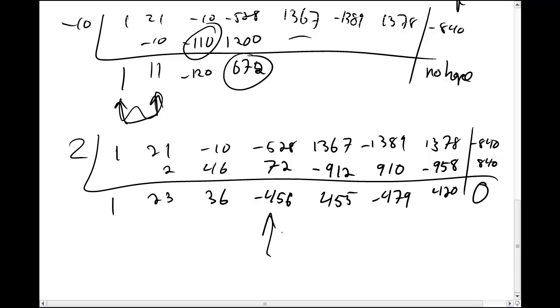I kept on going, even though as soon as I got this negative, I was a little bit worried because it wasn't going to be an upper bound. But I kept on going because I noticed that my signs were kind of alternating now, and they kept on being pretty decent numbers that were pretty close to the 840 I needed. So what I'm saying here is that even though it's not going to be an upper bound,